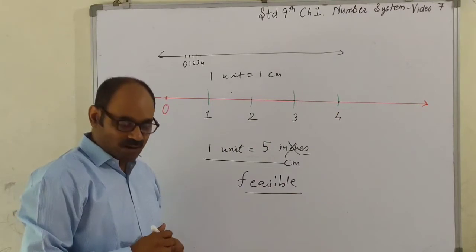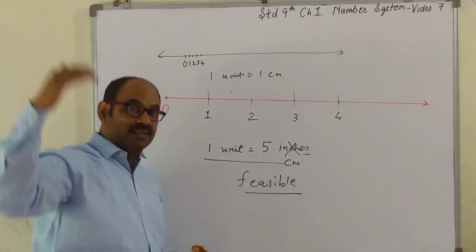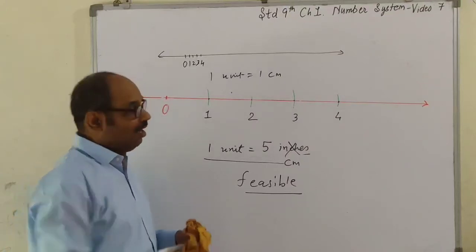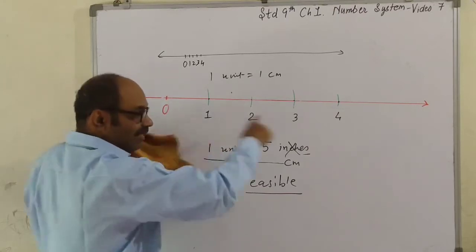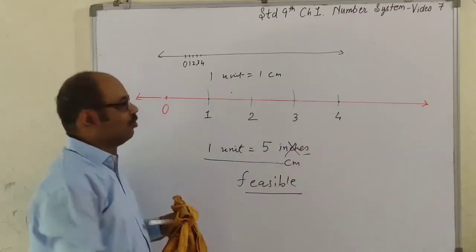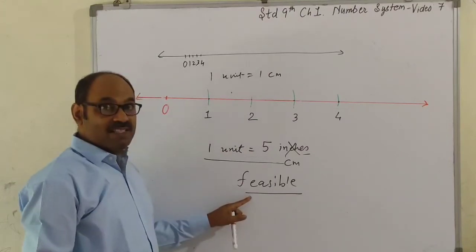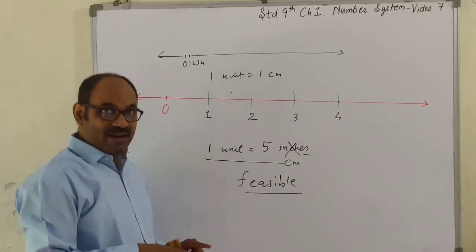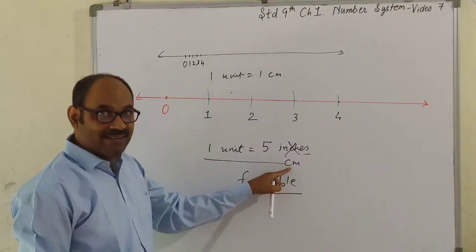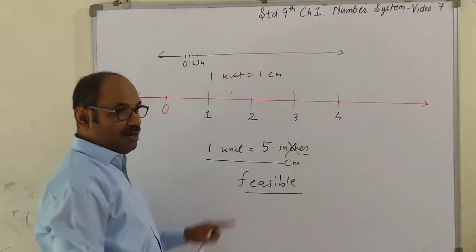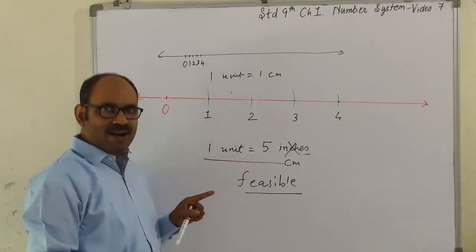Isn't it? Alright. In the classroom, you are sitting quite far sometimes, and the board is quite bigger than this. That's why it is bigger than this. So that a still larger distance can be chosen as 1 unit. Alright. So visible means what? If you are drawing in the book, the scale should be in accordance to that. If you are drawing on the board, the scale should be in accordance to that. The space that you have.